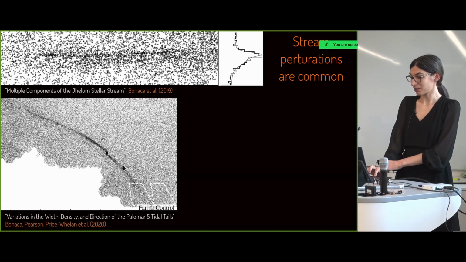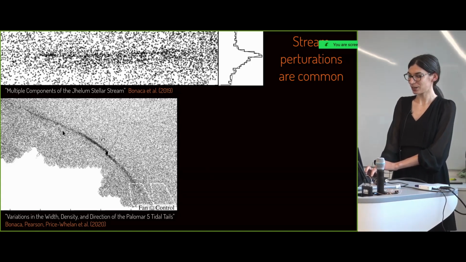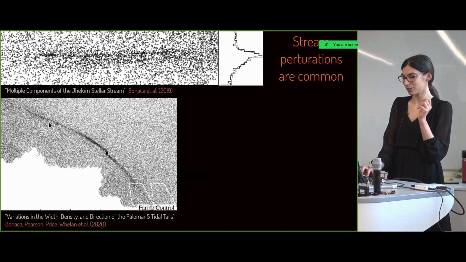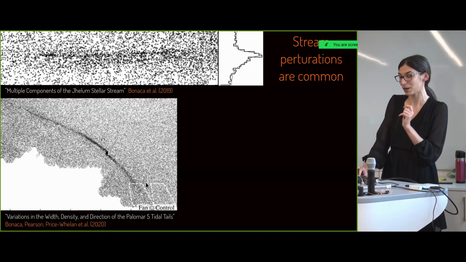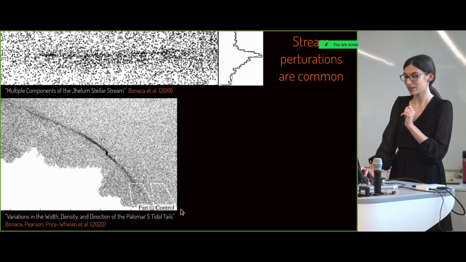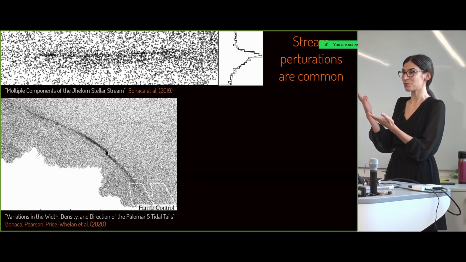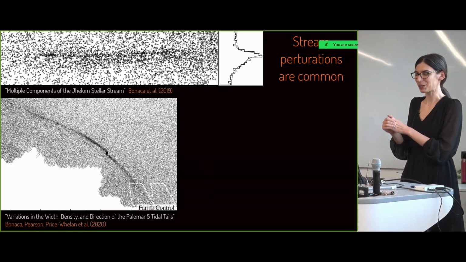It looks like there may be a gap over here and maybe a gap or underdensity over here. And also the width of the stream changes. It's much thinner on the trailing side at the top, and it seems to fan out a lot at the bottom on the leading side, which again is some signature of dynamical interaction with at least something in the Milky Way.